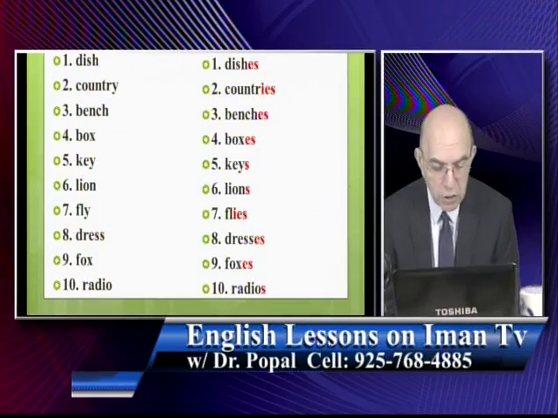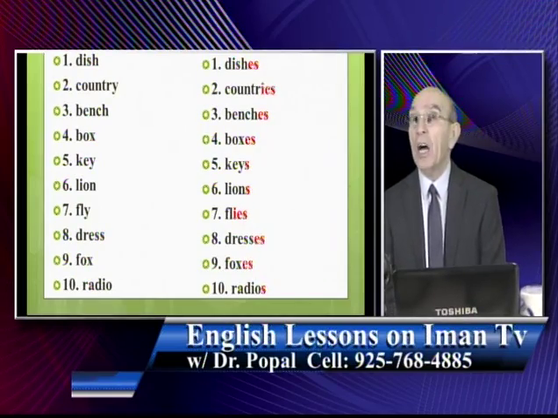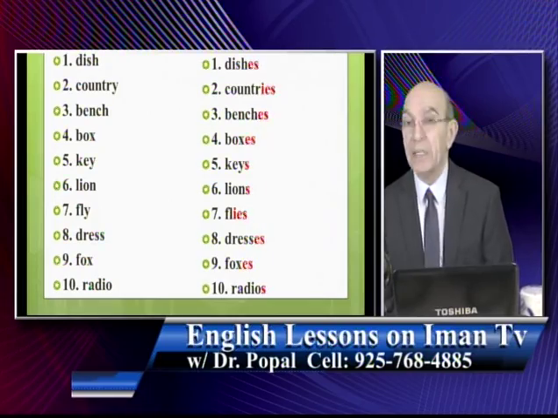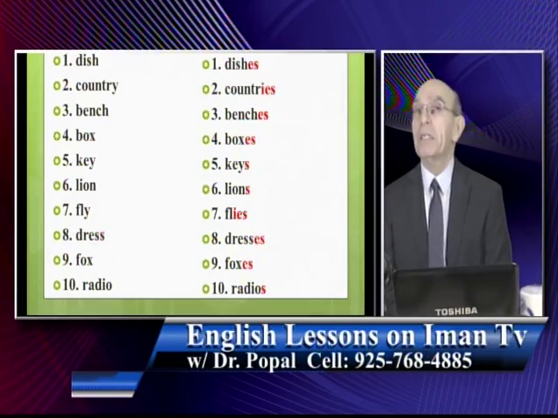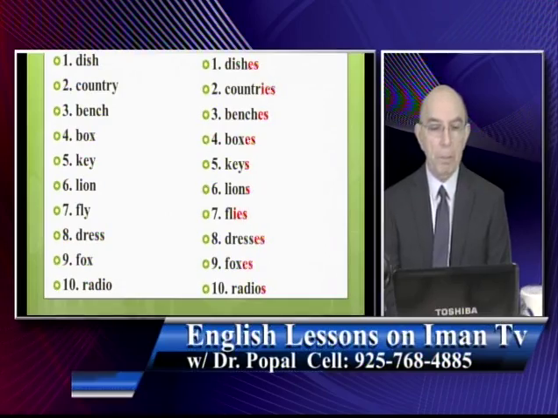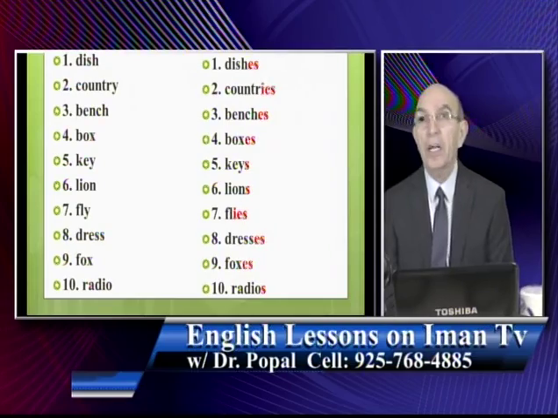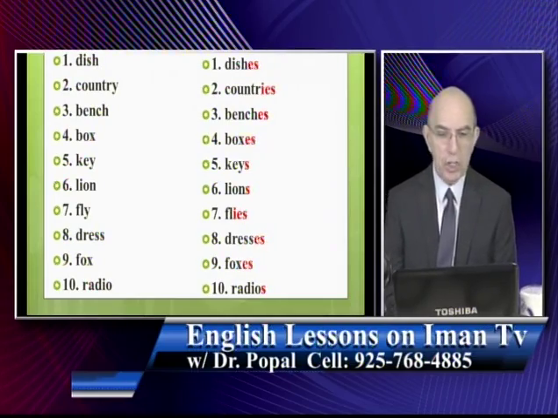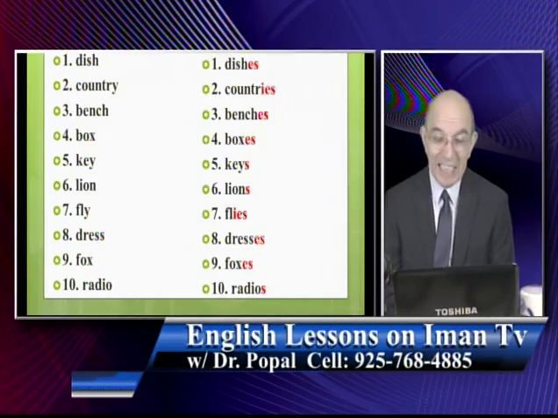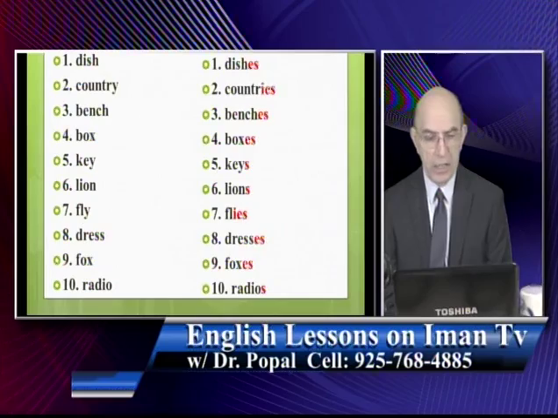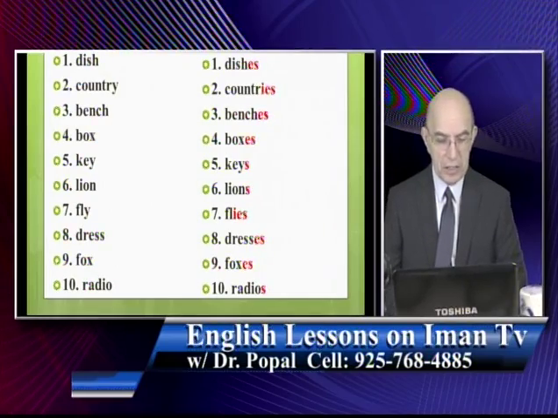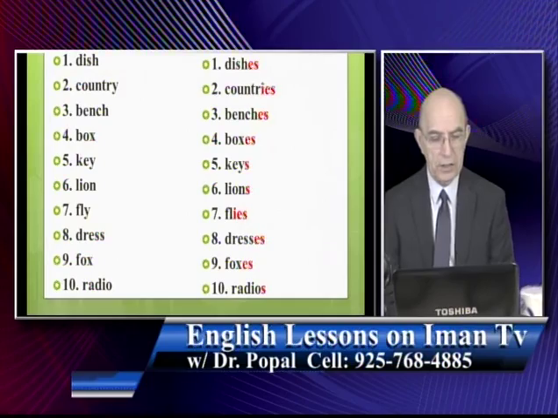Because before the O there is another vowel, I, that is why we can only add S. Please repeat these words after me. Please repeat. Dish, dishes; country, countries; bench, benches; box, boxes; key, keys; line, lines; fly, flies; dress, dresses; fox, foxes;